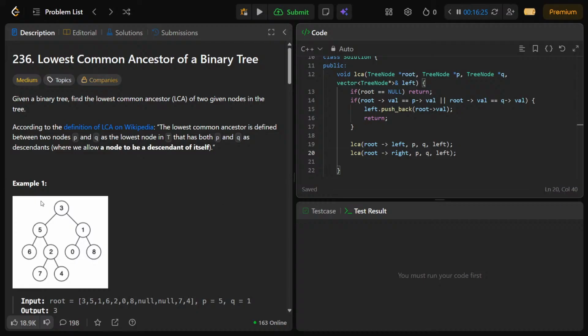Basically, I need a vector of these two. That's all. If we get a list of these two,